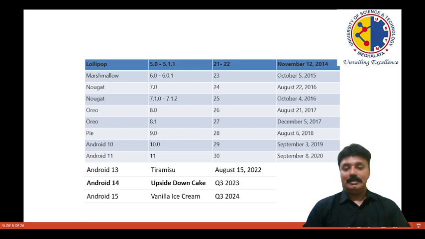And now Android 14, Upside Down Cake, is the Q3 2023 version. Then Android 15, Vanilla Ice Cream, Q3 2024, will come to the market in future.